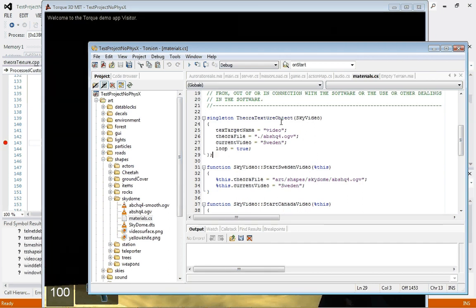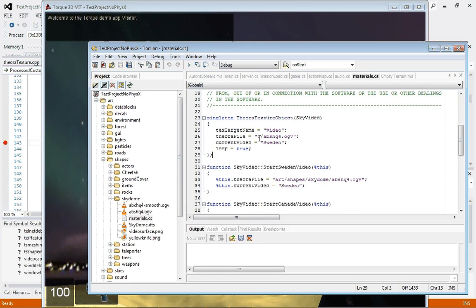To use it, really easy. Create a Theora texture object. In this case, we're naming it Sky Video. Set the texture target name. This is a named texture target. Set your Theora file here, whatever you want to run. You can see this video abshq4.ogv is actually located in here. And then